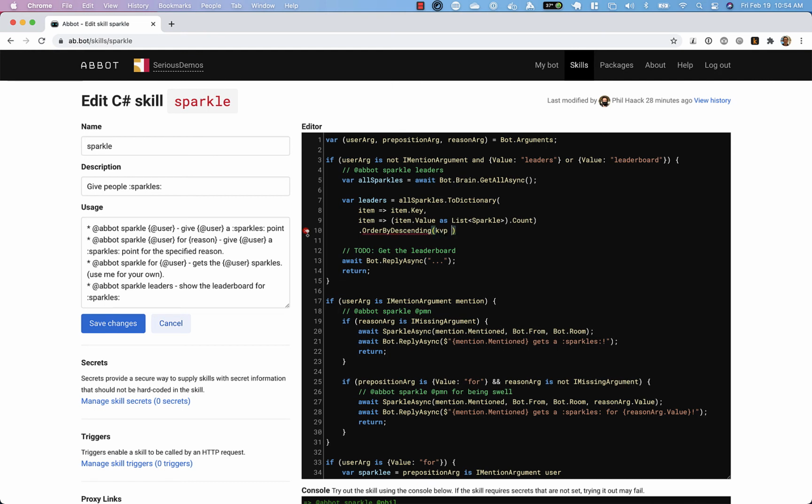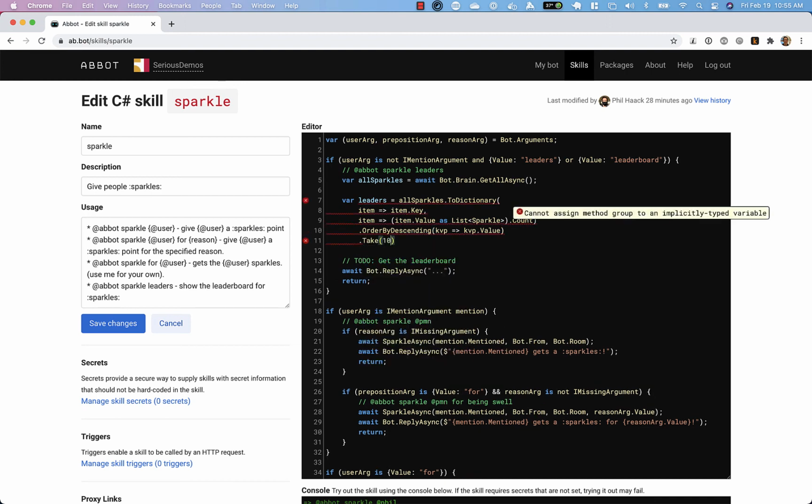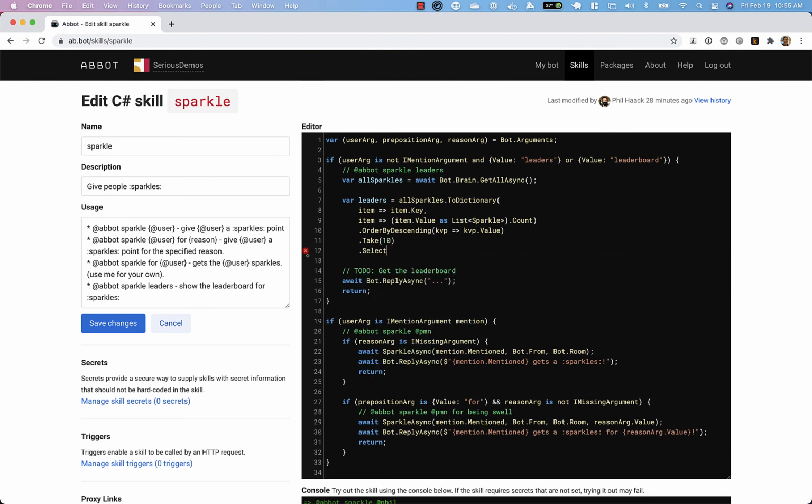And remember, a dictionary is a collection of key value pairs. So key value pair, we want to order by the value, which is the count. And then let's, just in case there's a lot, we'll just take the top 10. And then we're going to select out what we're going to say each time. So KVP, how we're going to present the leaders. So we'll do KVP dot key with KVP dot